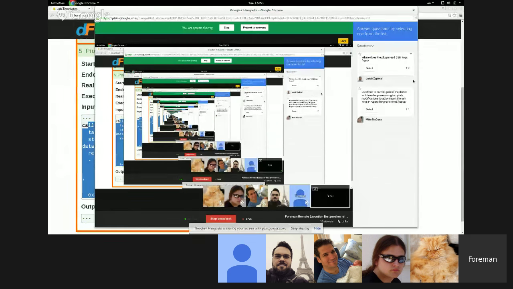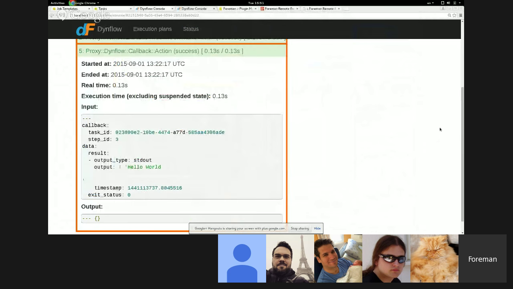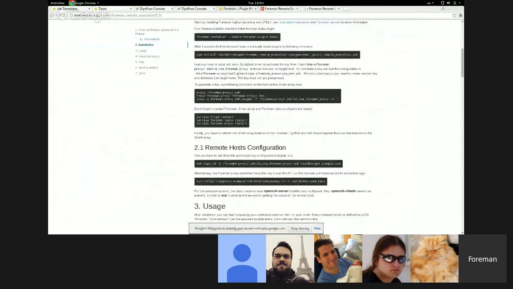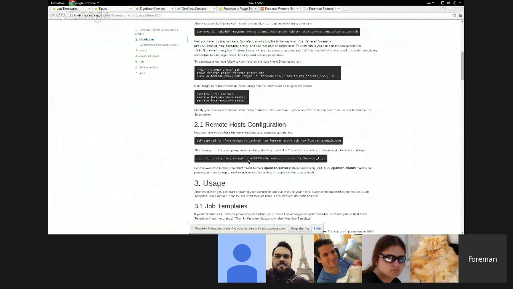I would now like to talk a bit about the authentication and how this works. In the manual, there is a description of how we can enroll the hosts. Right now we don't do any SSH key management in the Foreman server itself. The Foreman proxy is configured to use some keys to connect to the host,